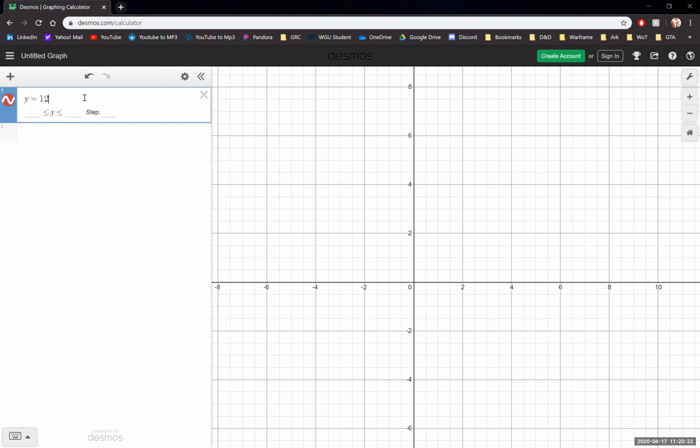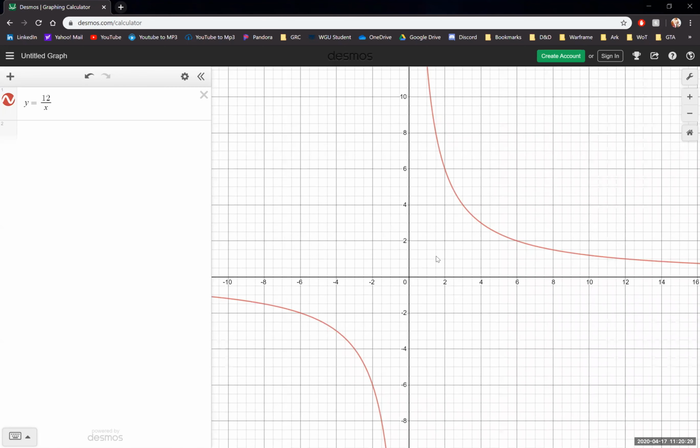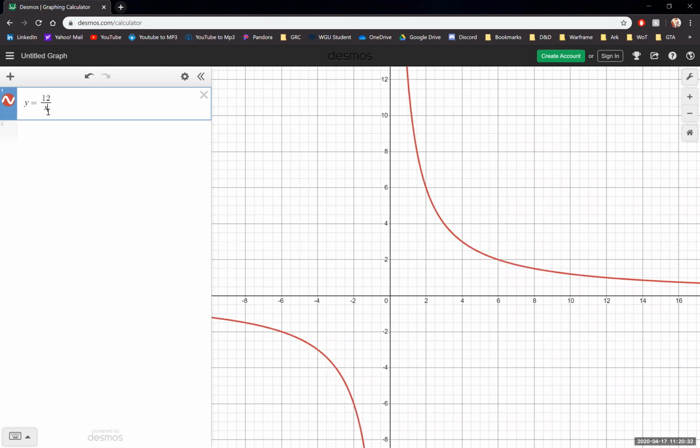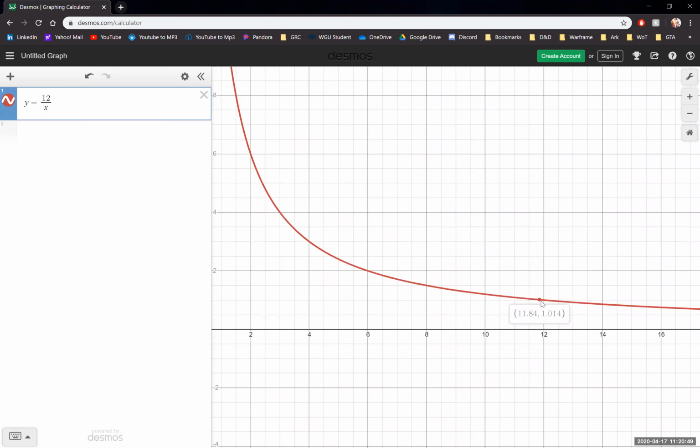One scenario. So I've got 12 boxes divided by X many trips that we go on. And already we're getting kind of weird looking stuff showing up. So X is going to represent our number of boxes we're taking per trip. And Y is going to represent how many trips we're taking total to move boxes from upstairs to downstairs. So if we look at our scenario here, what's our X value? When our X value is 12, it took me 1 trip. Okay, so that's matching up. When our X value is 6, it took us 2 trips.